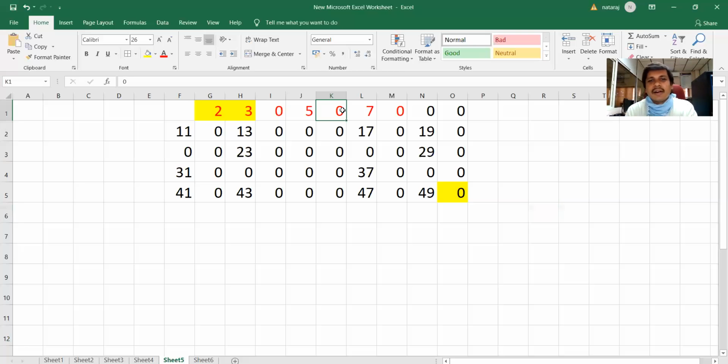Okay. So no need. 7. 7 multiples: 7, 14 is not there, 21 is not there, 28 is not there, and 35 not there. So 7 multiples are also gone. 8 was removed by 2. So multiples of 8 undo, obviously, because multiples of 8 are obviously multiples of 2 and they were removed previously. So within 8 iterations, the task is over.